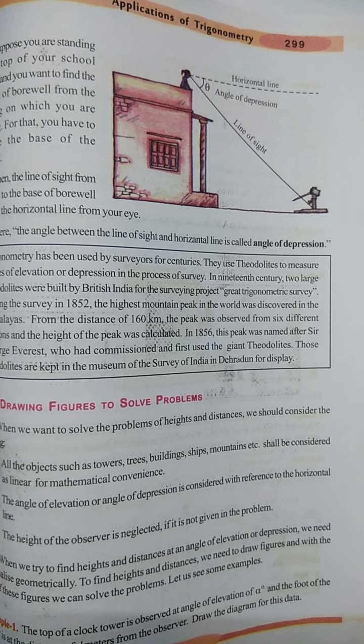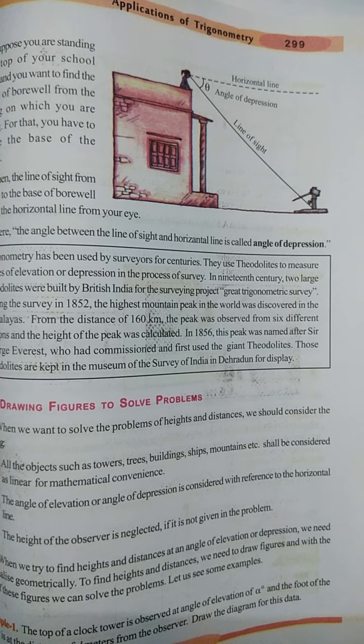Okay, but for solving the problems, you have to read the question, what situation is given. If any building, tree, pole, anything is given, you have to use a line for that. You don't have to actually draw the building or the tree or a pole. You just have to consider a line for ease of solving the problem.